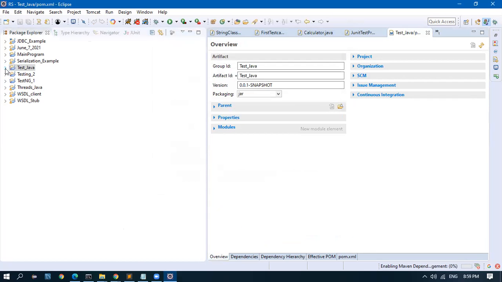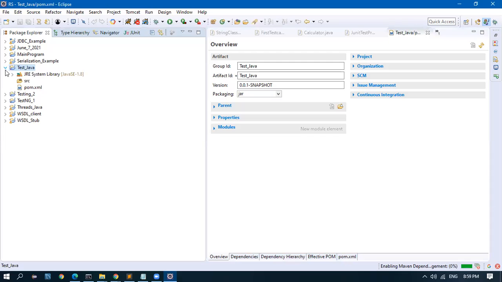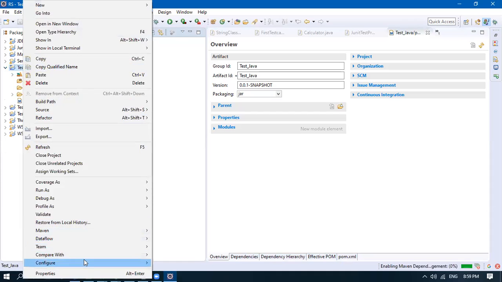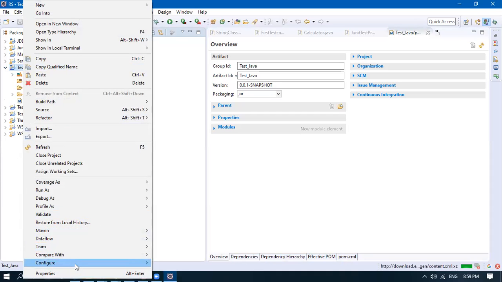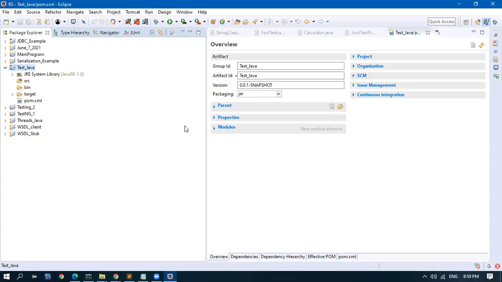Even in your video, you didn't get that window either. You just got a message that the build was successful. What I would have done is create a pom.xml first, and then give configure, convert to Maven. Yes, that's what you did. If we don't have a pom.xml, then the system will automatically ask. Can you do it this way and check once?